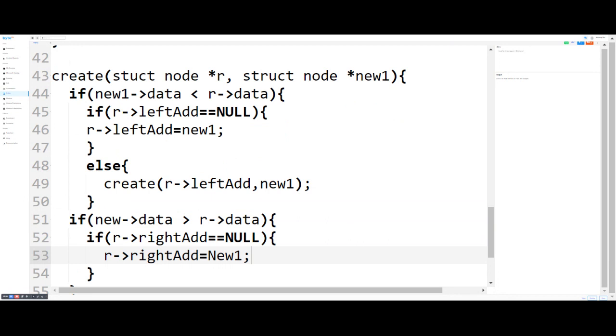After this we have to check if new one of data is greater than root of data. If the new node data is greater than root of data, we simply add this node on the right side, and we check root of right address equal to null, so we put the new node in the right address. Getting?